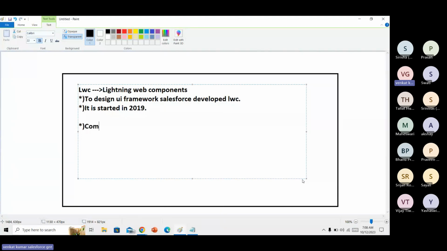Coming to the previous days, they used Aura components. Nowadays, Aura components are not being used. Aura components had been started in 2014. There are so many disadvantages of Aura components. That's why, before coming to LWC,